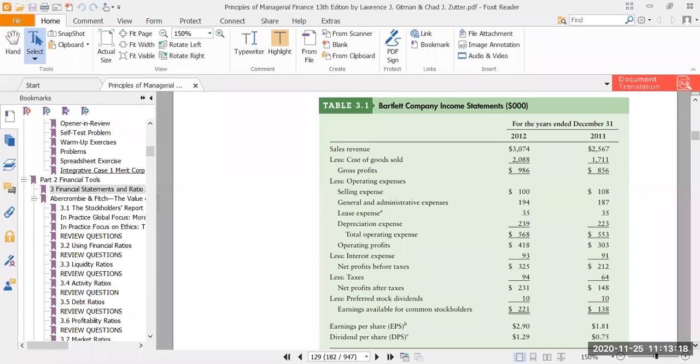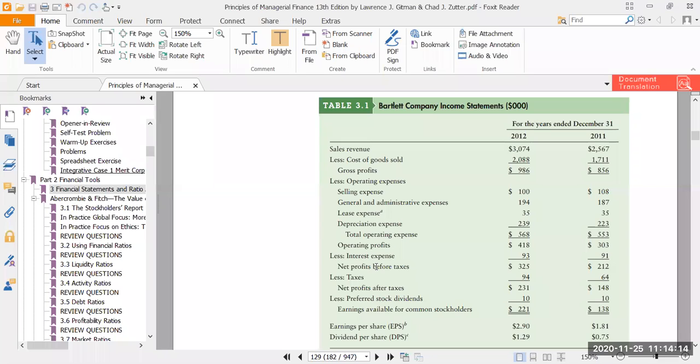चलें, हम यहाँ तक पहुँच गए हैं टेबल 3-1 तक। ये आपके सामने एक कंपनी की इनकम स्टेटमेंट गिवन है। जिसका भी माइक ऑन है, माइक बंद करें। जी, ये एक बार्टलेट कंपनी है जिसका हमारे पास इनकम स्टेटमेंट गिवन है। जितनी भी फिगर्स हमें नीचे दी गई हैं वो थाउजेंड्स ऑफ डॉलर्स की शक्ल में दी गई हैं। तो यहाँ पे आपको इनकम स्टेटमेंट नजर आ रही है, तो इसका एक फॉर्मेट है। आप लोगों ने इसको पहले भी पढ़ा हुआ होगा जब आपने अकाउंटिंग का कोर्स पढ़ा है, अकाउंटिंग 1 एंड अकाउंटिंग 2। तो आप लोगों ने इनकम स्टेटमेंट बनाई हुई है ना? यस सर।